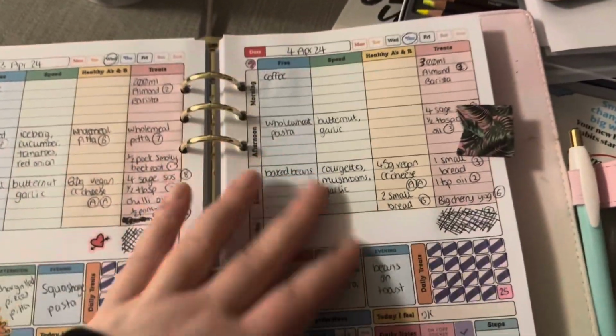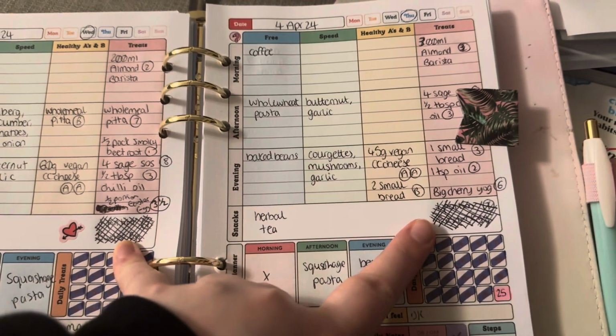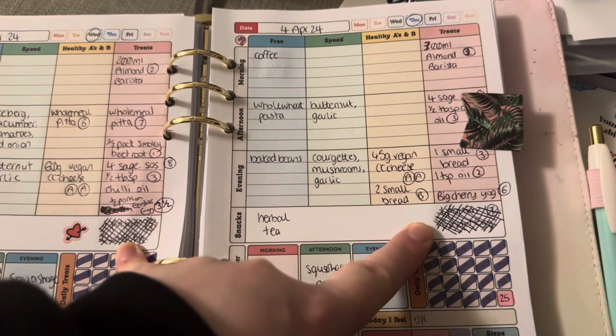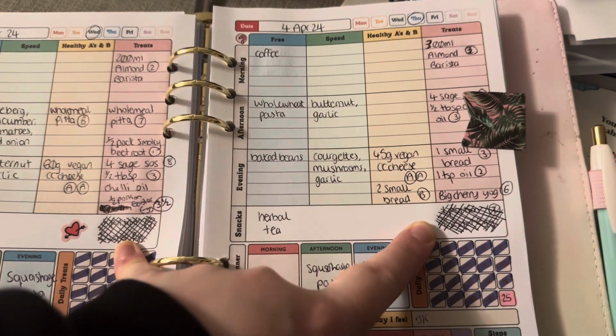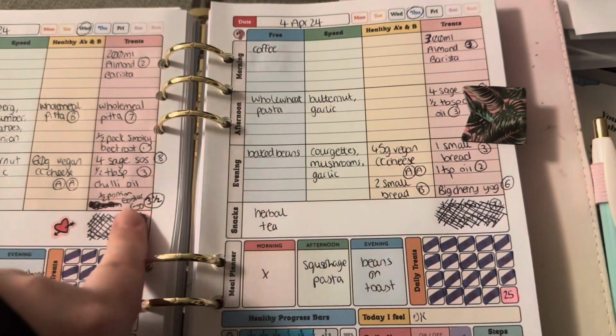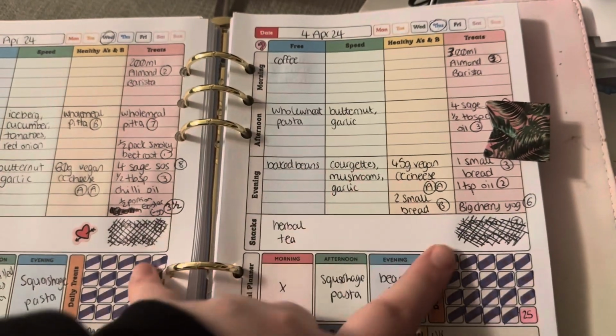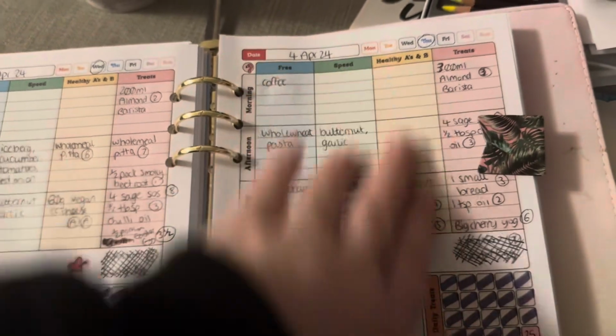But anyway, let me show you my diary, and then I'll say goodbye and I'll go eat my yogurt. Oh look, so beautifully messy. If you're wondering what these huge scribbly outs are yesterday and today, that was because I had planned in having a portion of my Easter egg on both days, and I was convinced I was going to do it. And then because I've had so many syns in those sausages, basically in the butternut pasta, I didn't end up quite having what I planned. So, you know, just